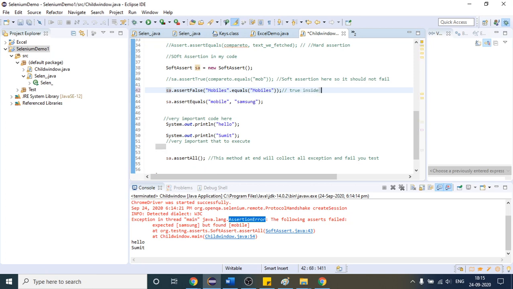Okay, so what will happen? It will throw an exception, but not at this point. Let me run this in debug mode this time, and you will see what will happen.